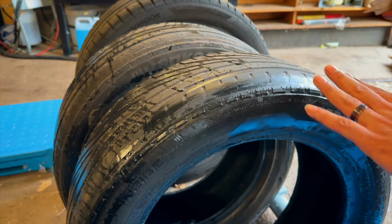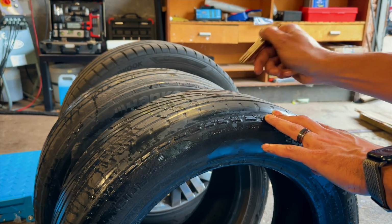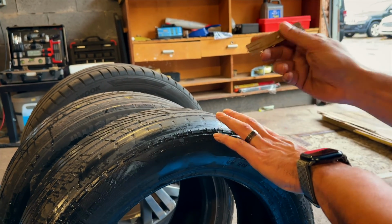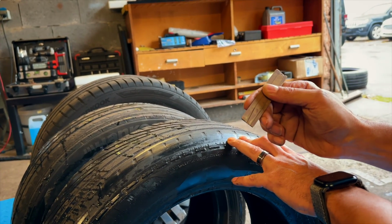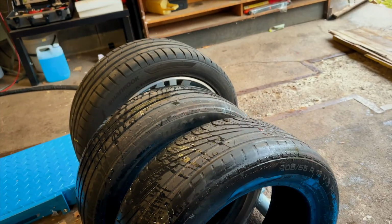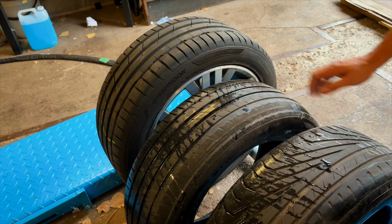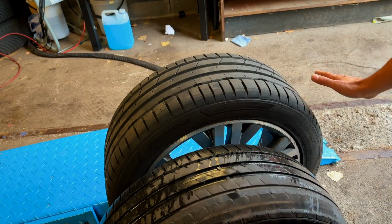What inspection does is they always use the lowest tread profile on the tire to make up what the tread depth is. This here is pretty much the lowest of the tire. So they're not going to measure the best tread, which in this case on the left-hand side is 3 millimeters. They're going to measure here where we're looking at maybe 1 millimeter. So in these cases, this car would need an alignment. The same with this one. If your tires look like this, a very even surface,